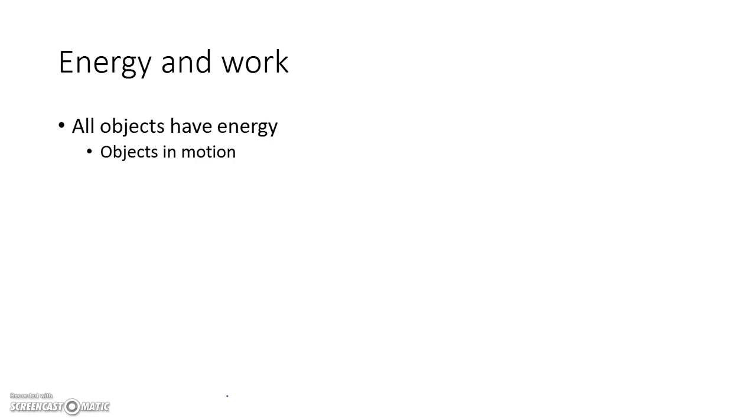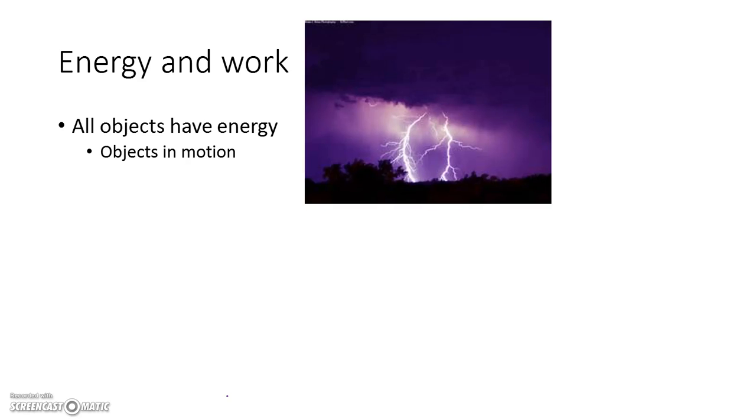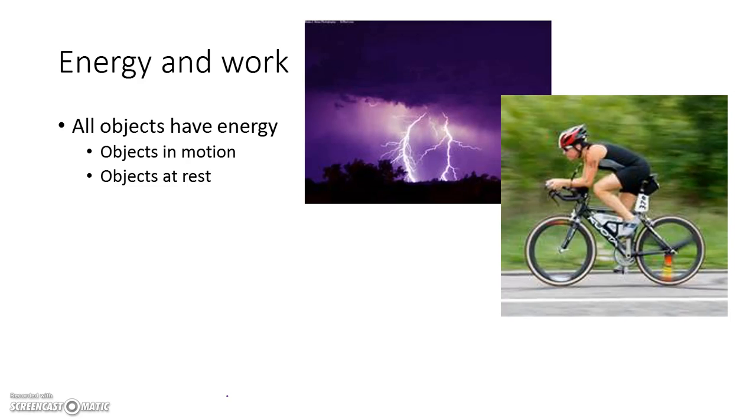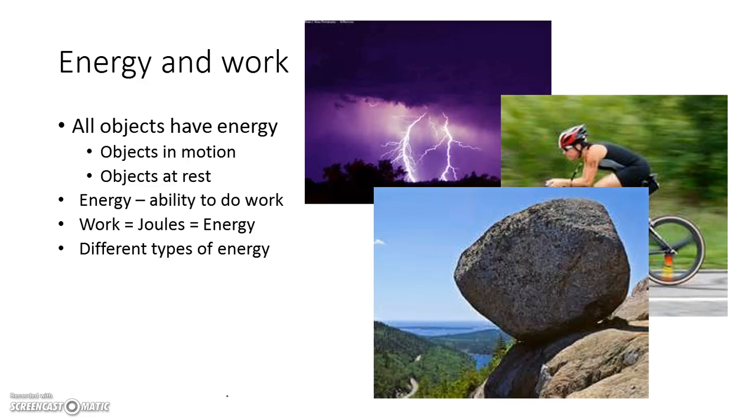Well, all objects are going to have energy. Objects in motion will have energy, such as this lightning and this bicycle rider. An object at rest will have energy, such as this boulder here. Okay, and energy is just the ability to do work. So if work has units of joules and energy is work, well, energy should have units of joules as well, right? All right, well, there are different types of energy, and that's what we're going to talk about in